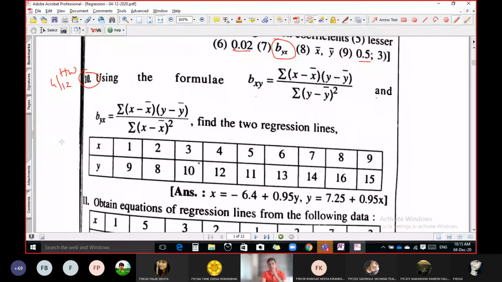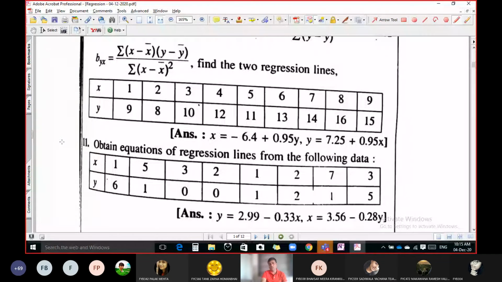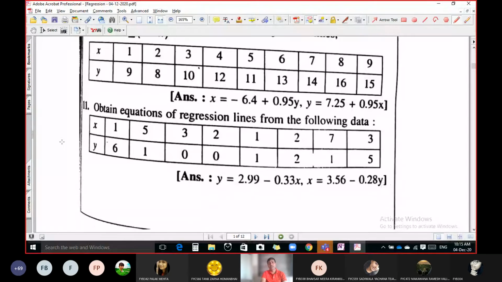Okay, see, it is not necessary to do the homework. No one is going to verify whether you have done your homework or not. But definitely, if you have any problem in the homework, I will solve that problem in our next lecture. Similarly, this question. Now there is no condition. You can use any of the formulas to find the regression line. So this also you can consider as homework. It is a very simple question.